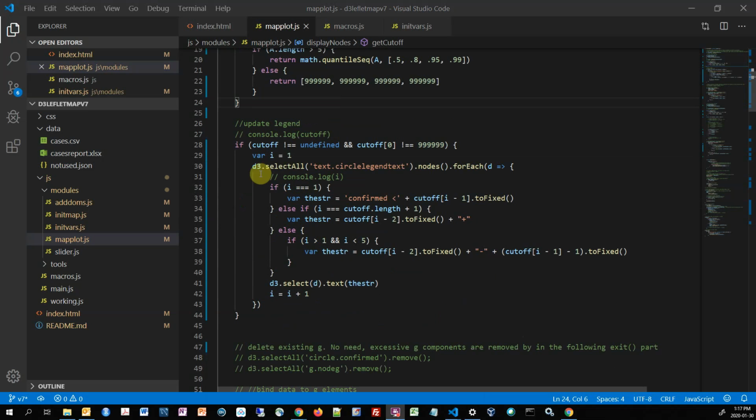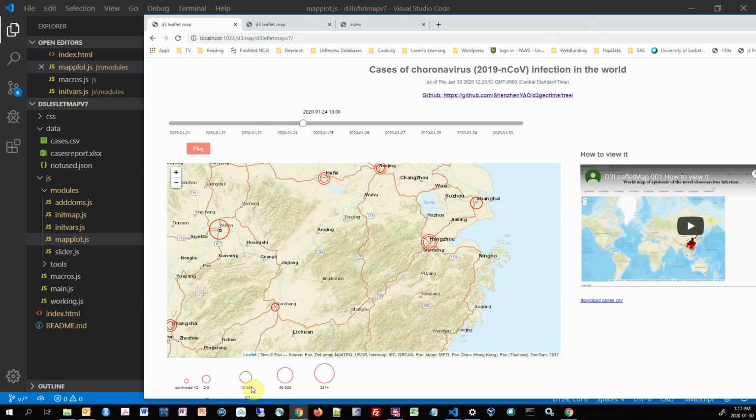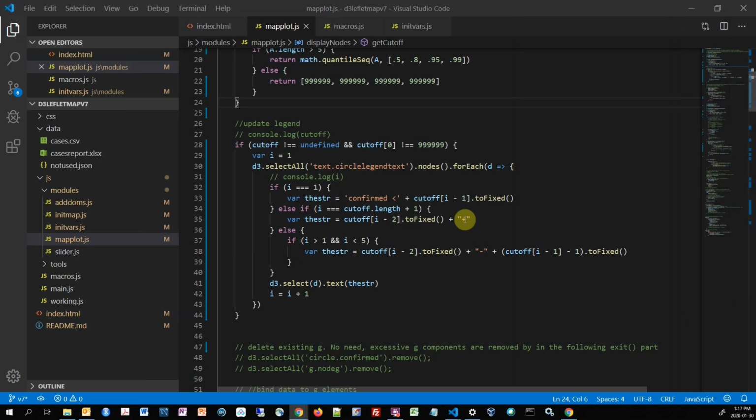So with these cutoffs, we can then take all the bounded numbers of cases for the nodes, and determine what category each should be in. Like should it be in the category of 10 to 39 in this case, or in the case of 40 to 330. So we're going to have all the nodes and have the data. In this data there will be